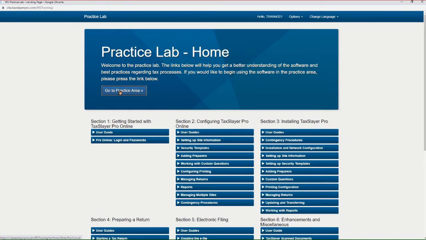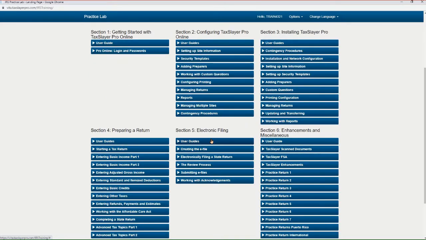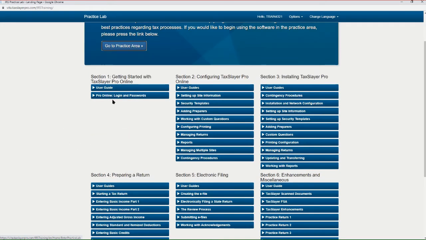Now, the option that I have is I can go to the practice area where I can immediately start creating a return. But before I do that, I want to show you that you have all of these terrific videos to watch. So if you're interested, the user guide, for instance, for TaxSlayer can be accessed from here under section 2 or section 1. Actually, the user guide can be accessed in various places. Okay, they all have user guides. So